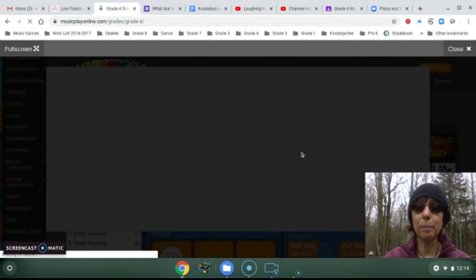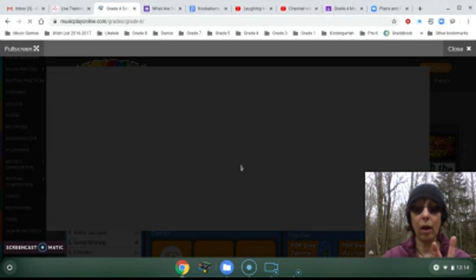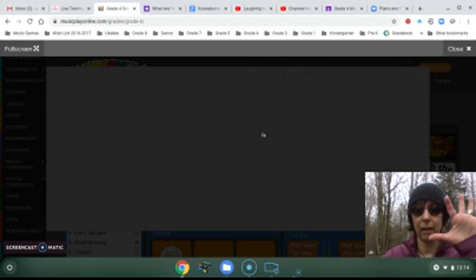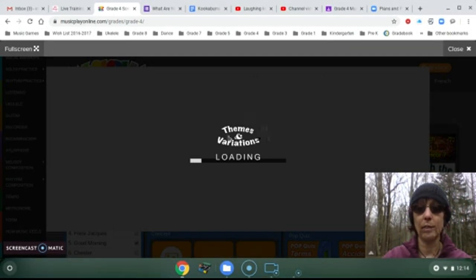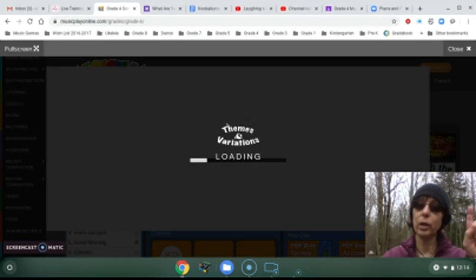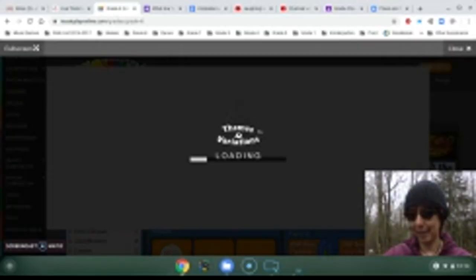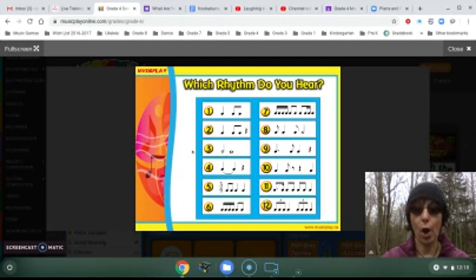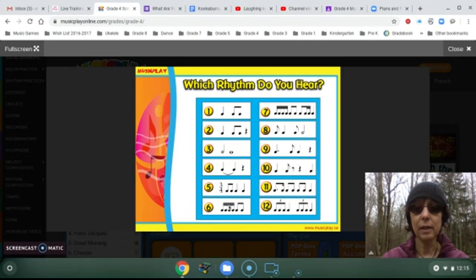And then you are going to play the 2 games that are underneath the heading, which rhythm do we hear? Once it loads, you're going to find a whole table of contents, and you are going to choose the number 6 first. And when you're done with number 6, you're going to play number 7. Can you play more? Yes. Can you play less? No. Here is number 6. You will click on number 6 first. You see number 7 is right at the top of the next column.